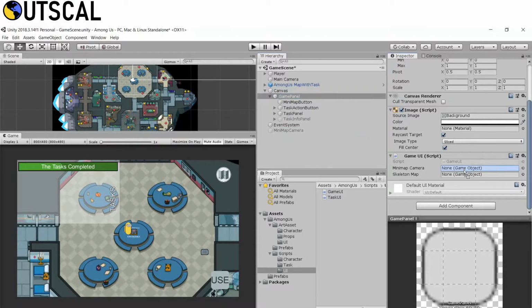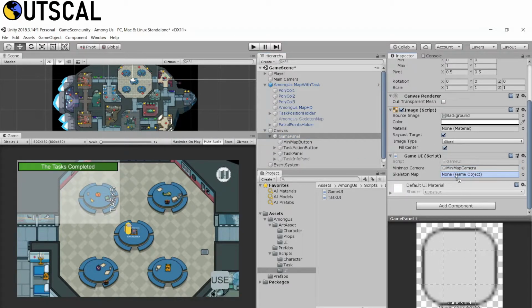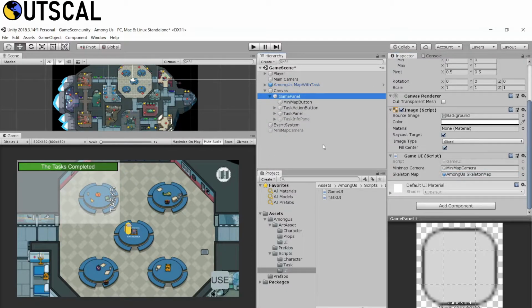So minimap camera goes here, and our skeleton map goes here. Even if you don't activate and deactivate skeleton map, that will be fine, because just by activating and deactivating our minimap camera, we are already making that possible for our map as well.